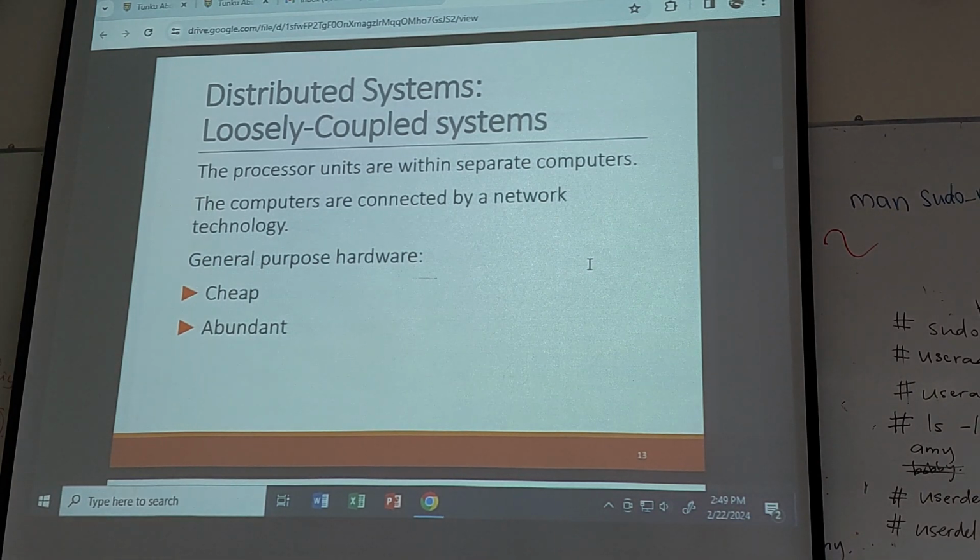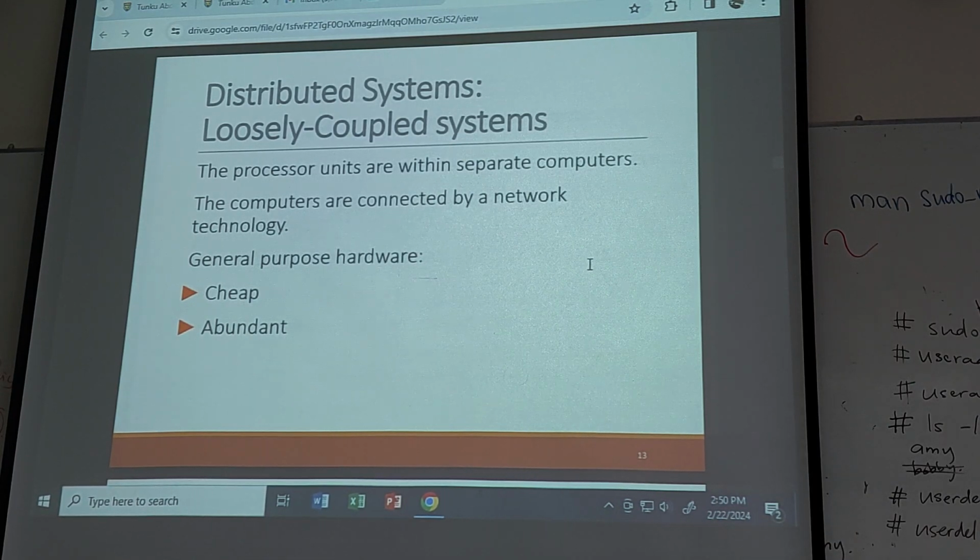Alright, so let's look at the loosely coupled system. Loosely coupled system actually is similar to horizontal scaling. Right? And you have separate computers. That's why it's horizontal scaling. Tightly coupled is more like a vertical scale. This one is more towards a horizontal scale. So with loosely coupled, you use multiple computers. You connect them